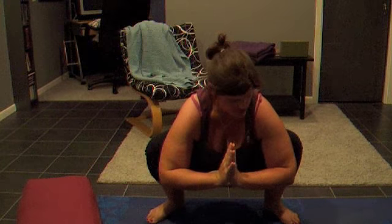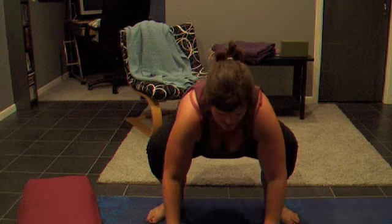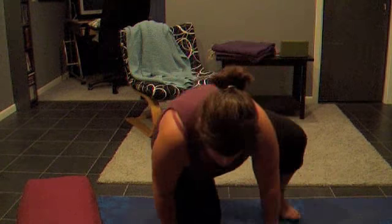Toes are supposed to be facing forward, but mine here are turned out, and you're squatting down, elbows pressing to the insides of the thighs. Now you can imagine if you're a little bit bigger, maybe your knees are already giving you some trouble, maybe you've got some hip issues going on, and so getting into that deep squat isn't going to work so well